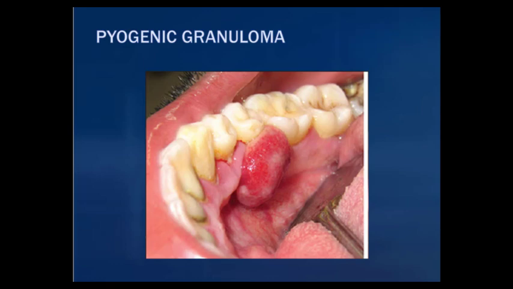I mean, it just had all the red flags. So I went and I took a pano on her, and nothing really showed up on the pan except that she had a periapical abscess in the area. And I told the dentist, man, this lady has something really weird. Like, you're not gonna believe it. And he comes in and I could tell he's trying to remain professional about it. And he's like, okay, well, we need to refer you to the oral surgeon. And he gives me the look. So I go in and I call the oral surgeon's office. I'm like, we need to get this lady in like ASAP. Something's really wrong. And she went, I think later that day or the next day,